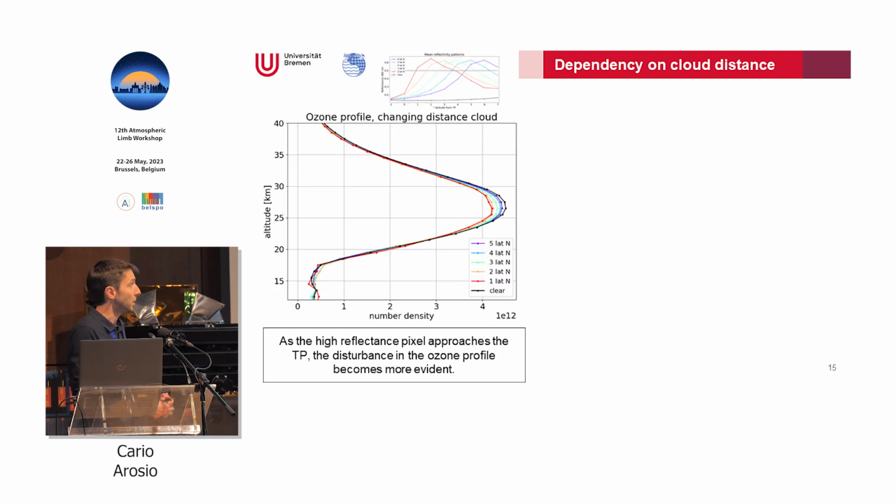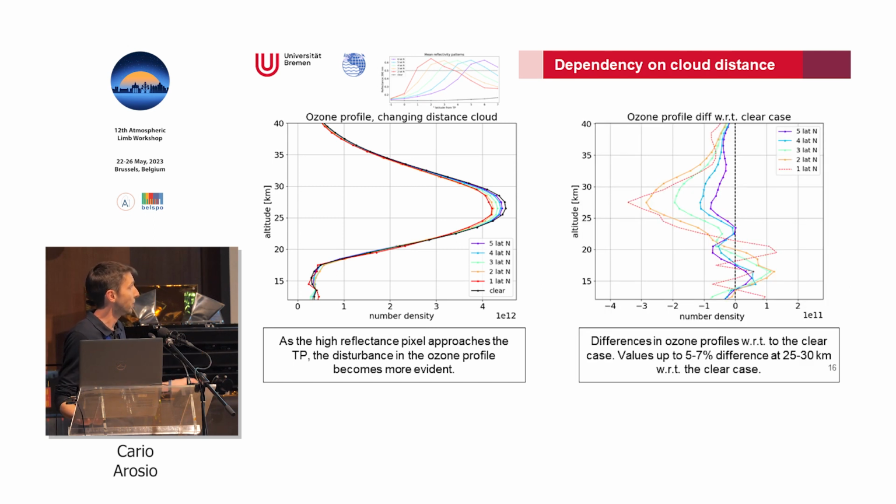And this is the effect in terms of ozone profile when we average all the ozone profiles in the different categories. We see that the artifact is becoming stronger as the high reflectivity bin approaches the tangent point, and in